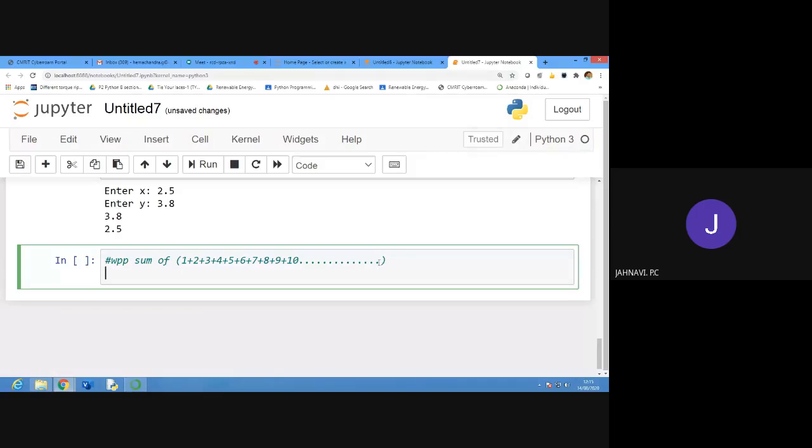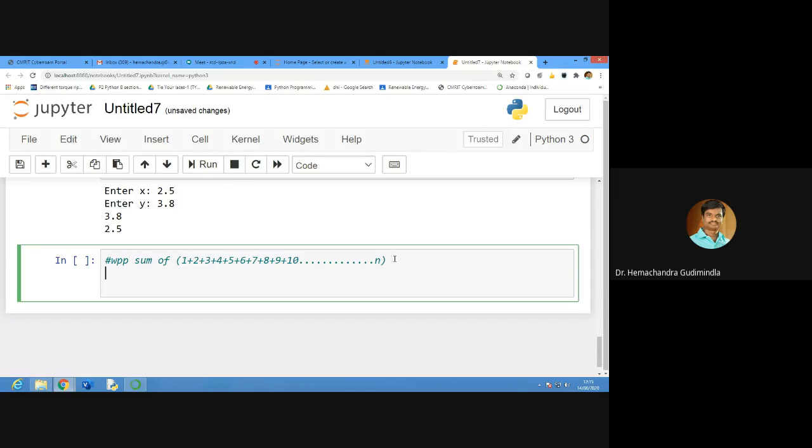Let us take up to n, using loops. No, I don't know the loops and all, because I didn't discuss loops with you. Sum of n.